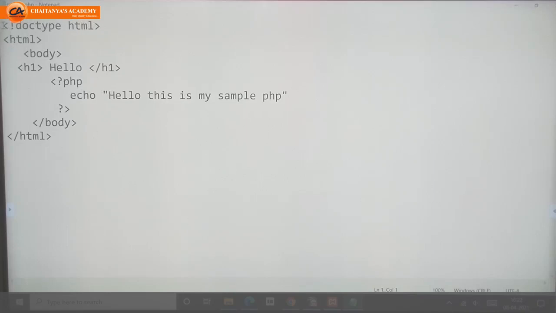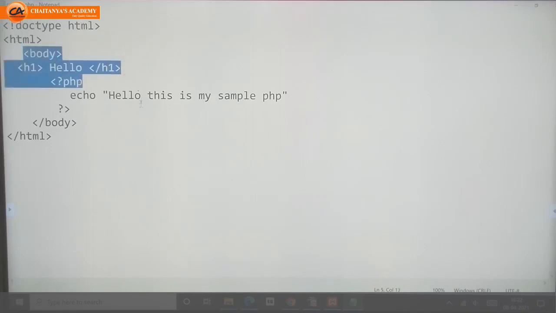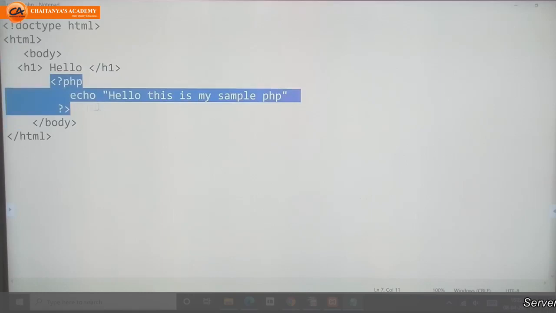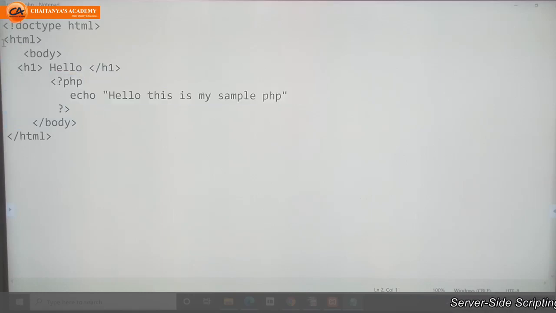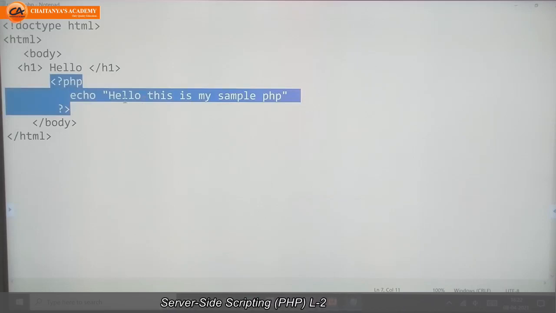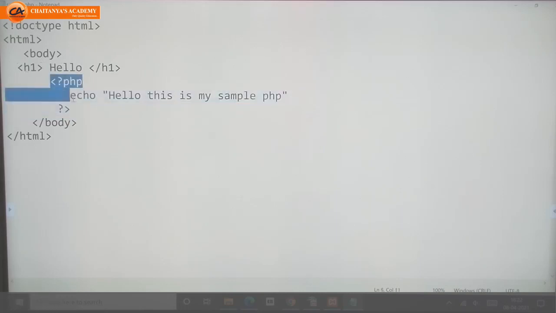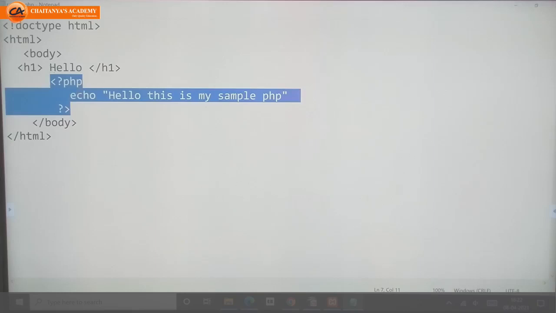The writing of programming code is very simple. Just in the body section, you need to write the PHP tag. You can write a PHP program just by changing the body section. You have to write the PHP inside the body section of the HTML file. This is a normal HTML file. Without this PHP, this is a normal HTML file only.